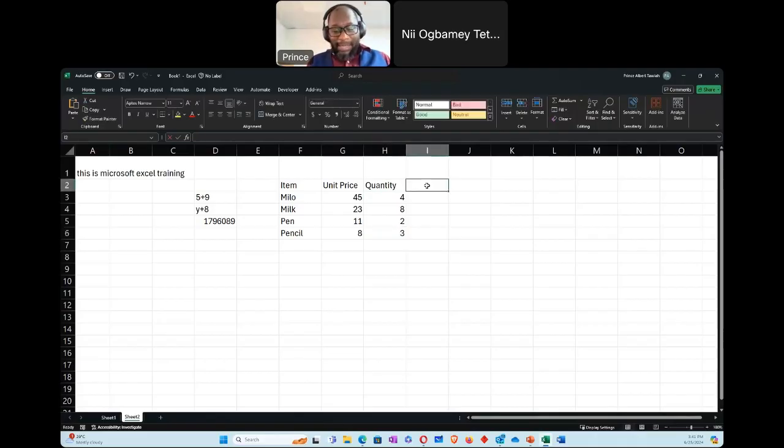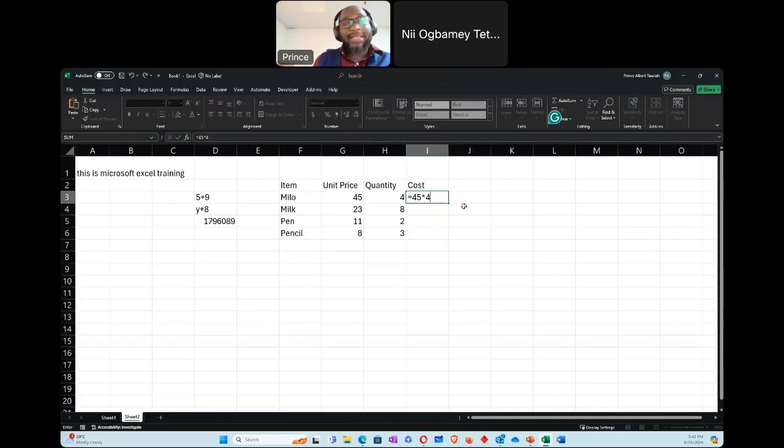Now, how do I get my costs? To get the cost, it's simple. You multiply the unit price by the quantity. Now in Excel, just as in primary school, when we're doing those box mathematics, they draw one box, another box, and they put figures in there that add the content of the boxes. So over here, instead of saying this equals 45 multiplied by 4, which is very specific and direct to Excel, when I press enter, it will give me the answer.